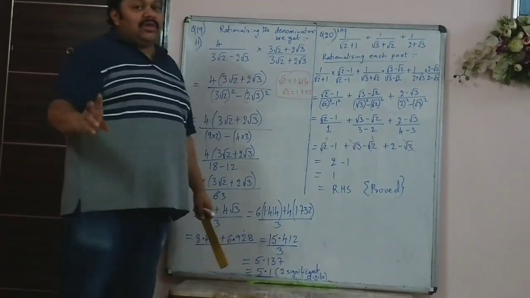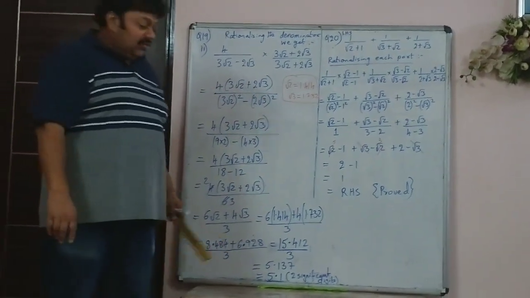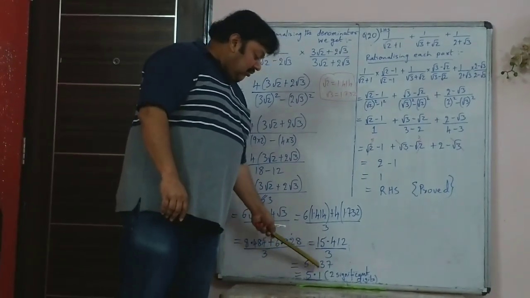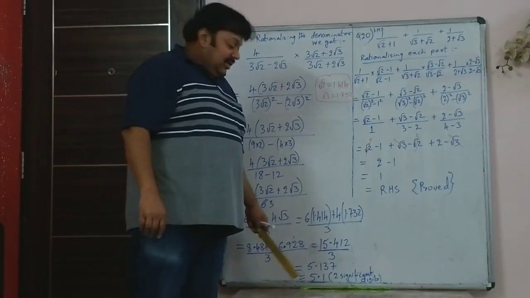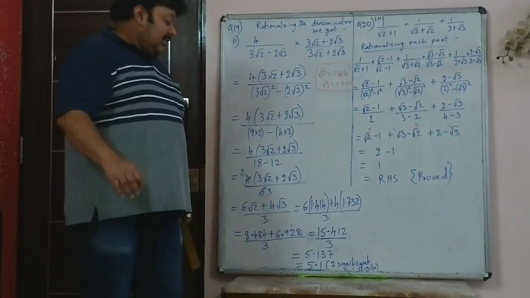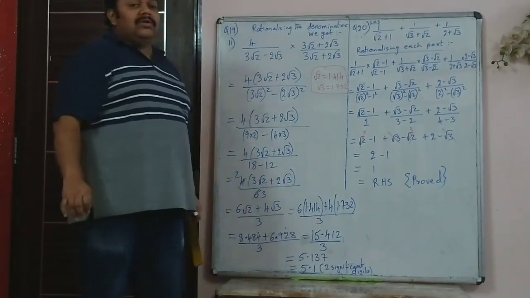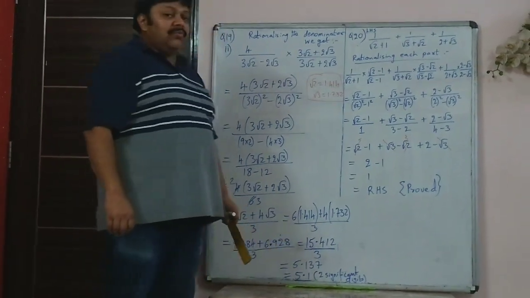So now the question says two significant digits. Here it is not 0.137, it's 5 point. So we take the first two digits, 5.1. And 3 is less than 5, so we need not round off the first decimal. So if you are asked two significant digits, in this case, the two significant digits are 5 and 1. So the final answer is 5.1.